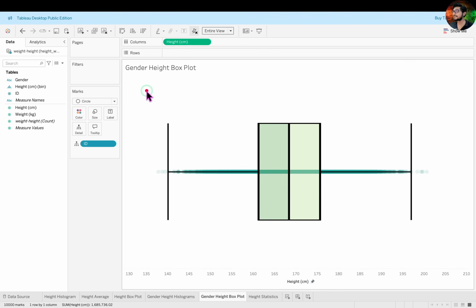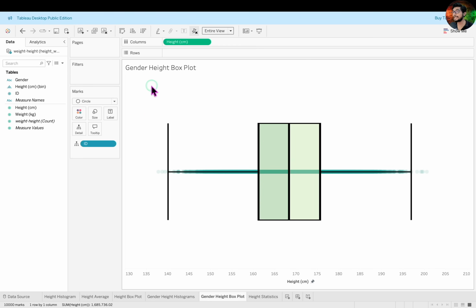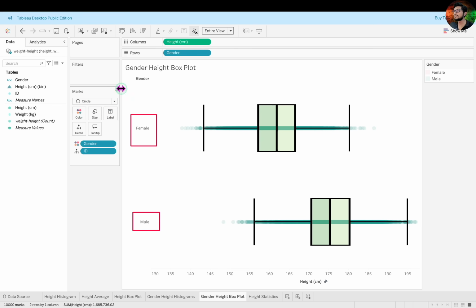Now just like the histogram, our goal is to split this plot by gender. So go ahead and drag the gender field onto the row shelf. And as soon as you drop it, the box plot will split into two. One on the top is for females and one below for males. And finally, let's drag the gender field onto the color card in the marks pane to maintain consistent aesthetics across